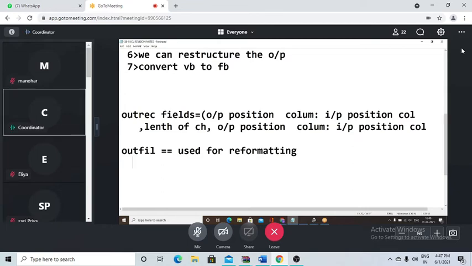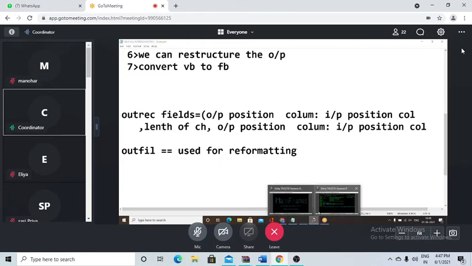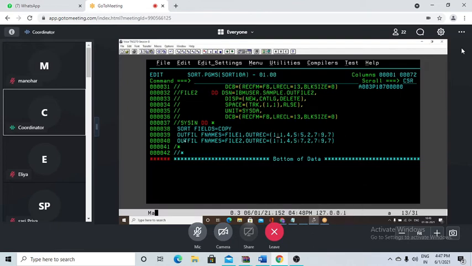So you see, wherever there is reformatting, the colon is there. So here you will do reformat. So OUTFIL and then